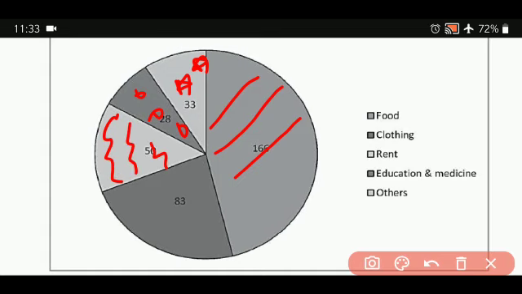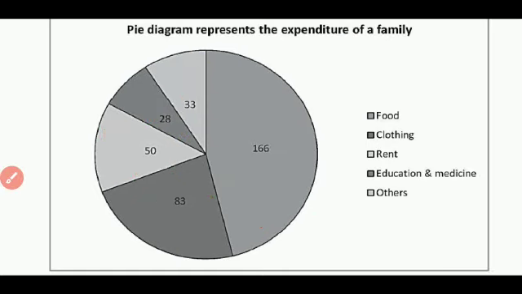But one thing I would like to tell all students: don't waste so much time in shading that you forget to solve the next question. You have to be smart in shading also, using minimal time. Don't spend too much time in shading. It's only the decoration part. So keep that in mind. I have seen students in the last year's classes spend a lot of time on decoration. You should be very fast. Choose the diagrams or shading in such a way that you use less time and finish the task quickly. So this is how you draw the pie diagram.